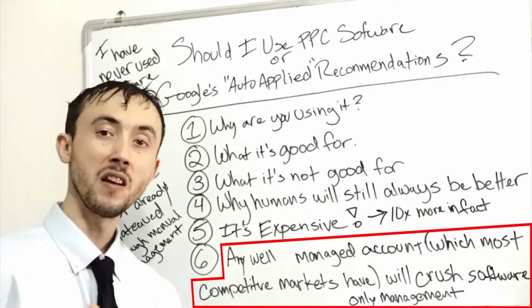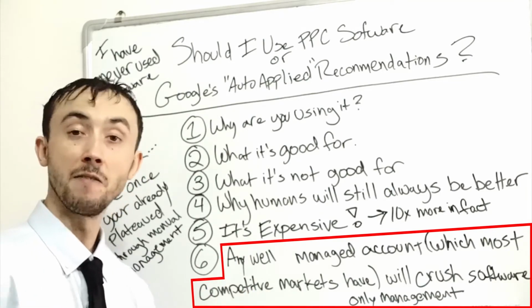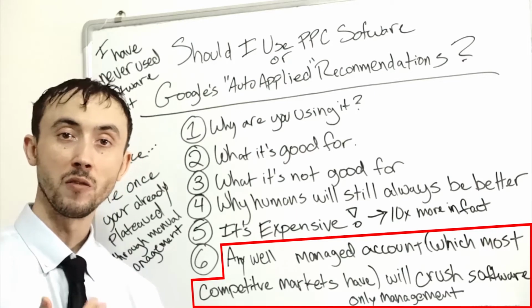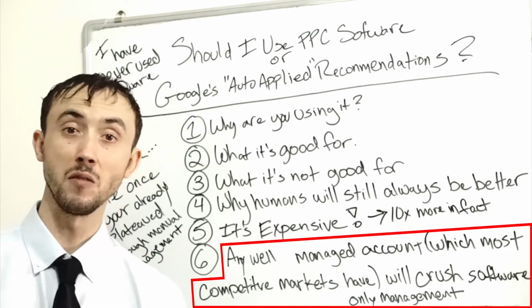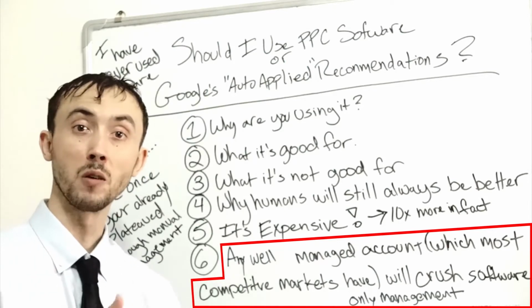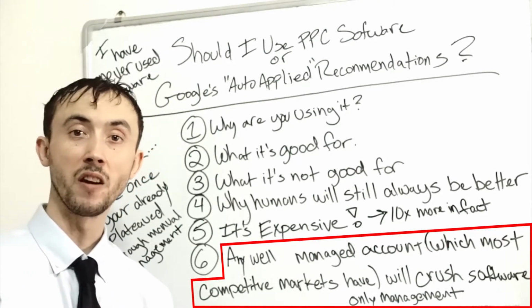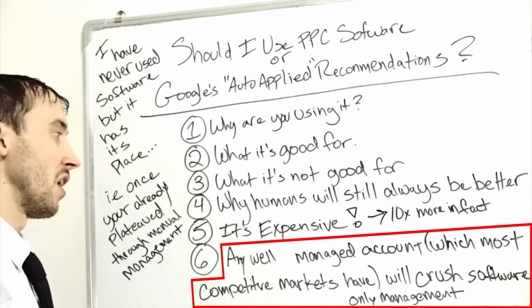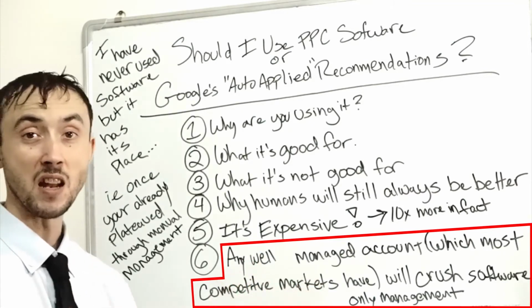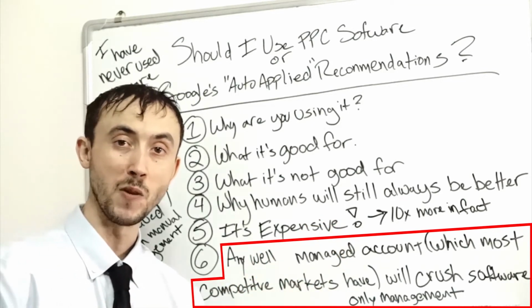And I've never been in a situation on my sixth point here that I've not been able to outdo the software because I understand all the stuff. And again, I can use logic to eliminate possibilities that I know won't work before they're tested, which is the big part of why you don't want to use software. And if you have access to somebody who knows what they're doing, and I'm not talking a little bit, like I said, you're literally going to get there 10 times faster.